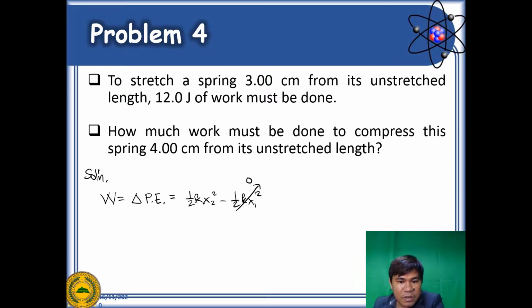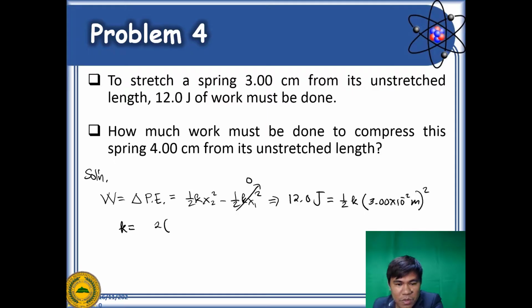So in the first condition, we are given that 12 joules of work is done. So you have 12 joules done to stretch that spring. That would mean you have 1/2 k, and the stretching distance is equal to 3 centimeters, so that's times 10 to the minus 2 meters squared. So in this particular case, we can extract the information of the k. So the k therefore is just equal to